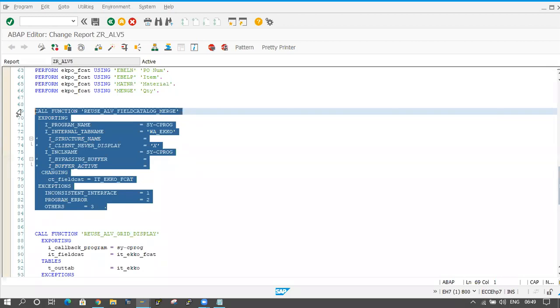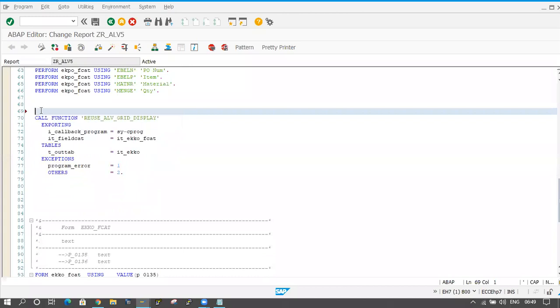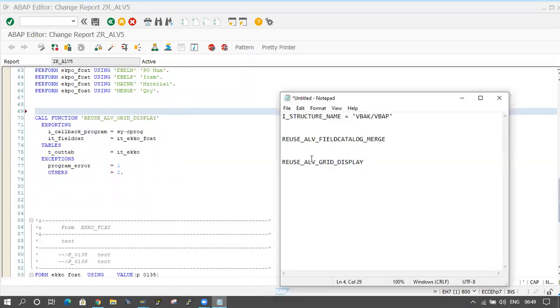And the next concept is hierarchical ALV.